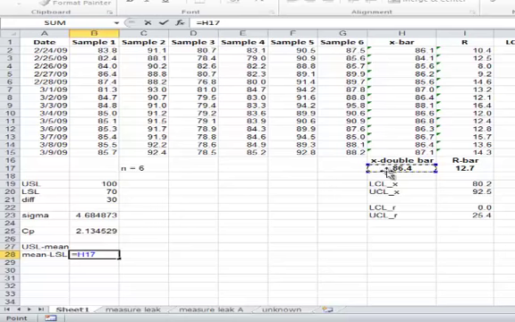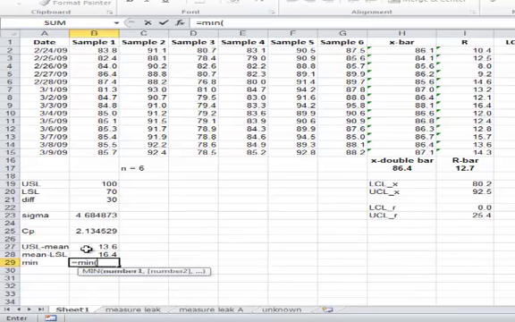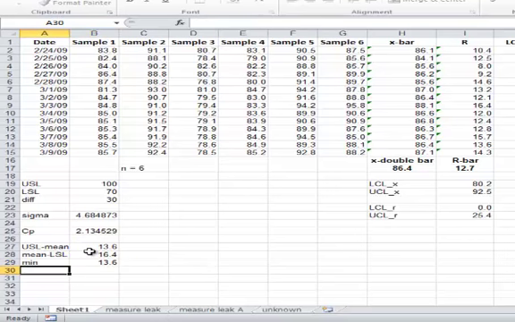So that's mean minus, there's the min, and here's the upper minus the mean, and the min of these two is 13.6, and the CPK is equal to the min divided by